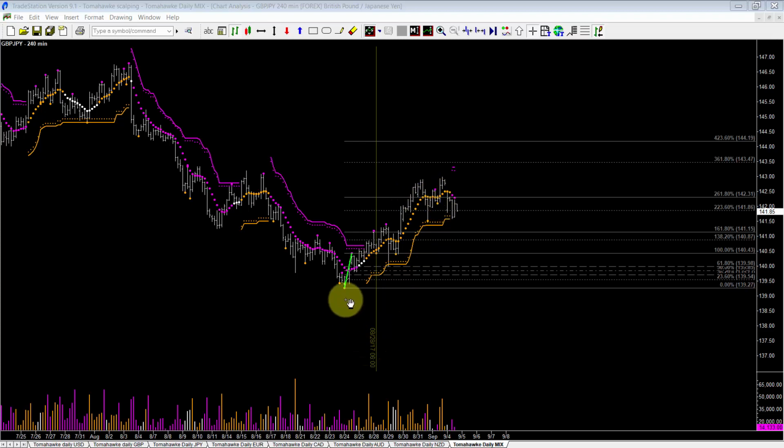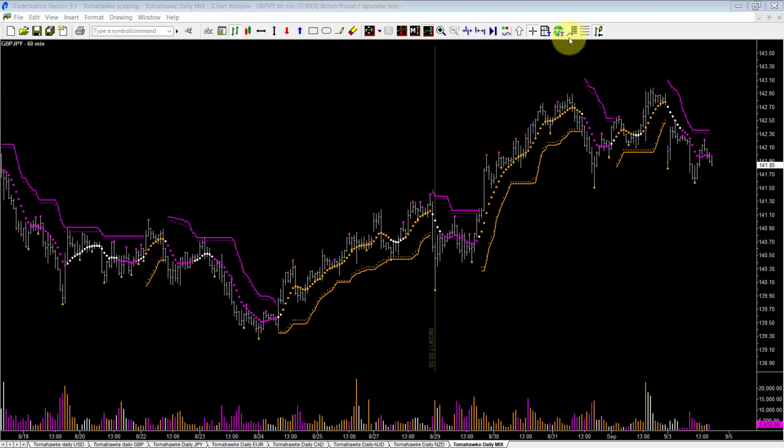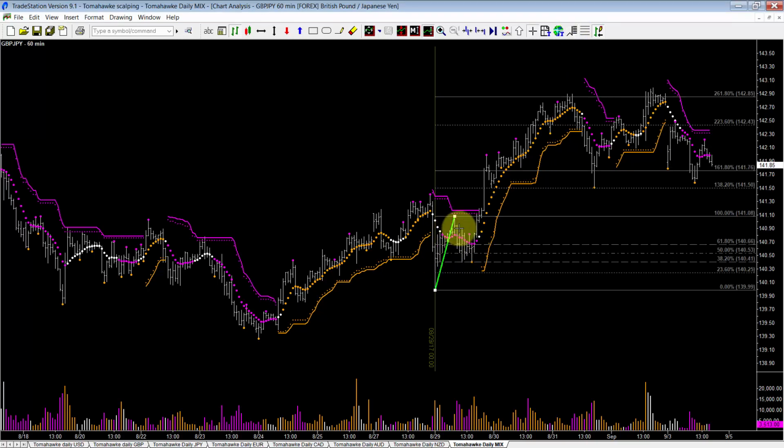Now this started back here on the 24th of August, and you can see here the beginning of the week, the 28th here, we'd be looking to get into this trend run. Now if we look at this pullback here that happened on the 29th, this then gives us some nice trading opportunities. If you like to trade the 60-minute charts, then we have a trading opportunity here, our high, our low, our pullback here to the 38,